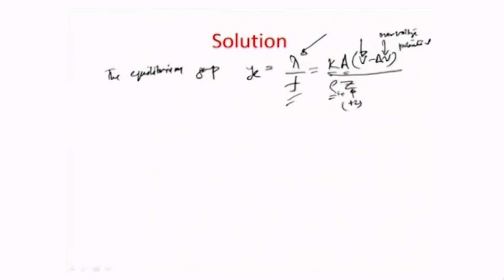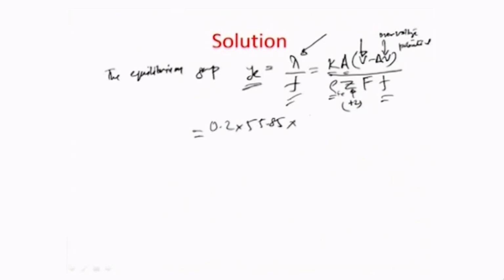So, iron can be removed mostly at +2, so it is a ferrous state that we are removing, times 96,500 coulomb, which is the Faraday constant F, and times the feed rate, which is given to be 2 millimeters per minute. Okay. So, if I am able to calculate the equilibrium gap this way, just plug in the values,